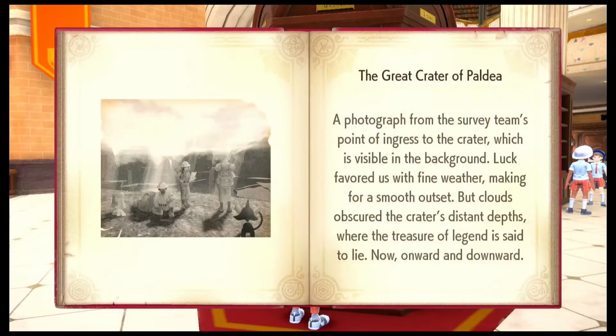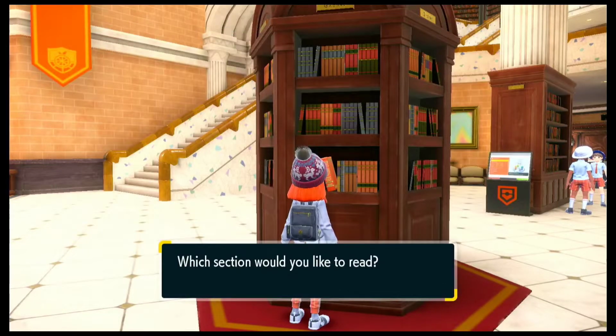The first one being the Great Crater of Paldea. A photograph from the survey team's point of ingress to the crater, which is visible in the background. Luck favored us with the weather, making a smooth outset. But cloud obscures the crater's distant depths where the treasure of legend is said to lie. Now, onwards and downwards. It seems to be a journal kept by the expedition team when they were entering the